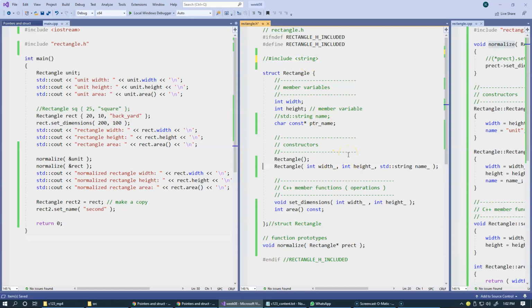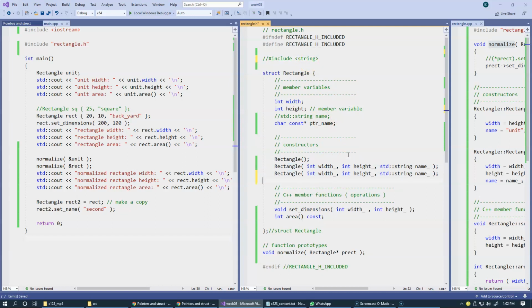So we'll just probably need to update this constructor. We're no longer using string, so I'll just comment it out for now. And the new name here will be pointer to string of characters like this. And of course, when we make changes in the header file,